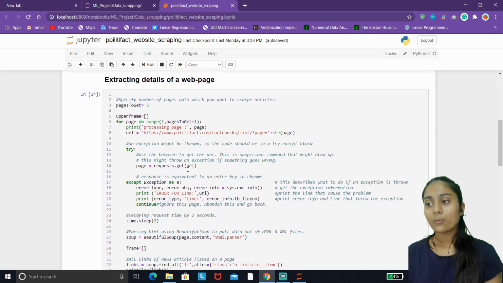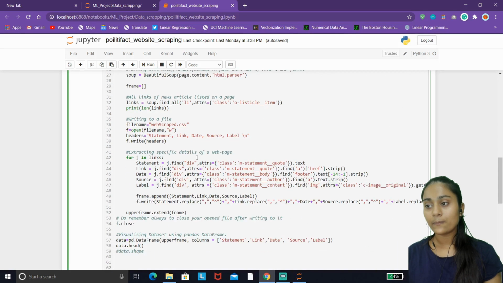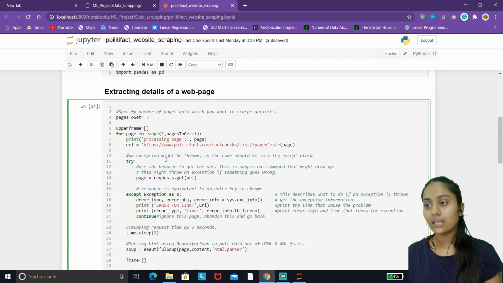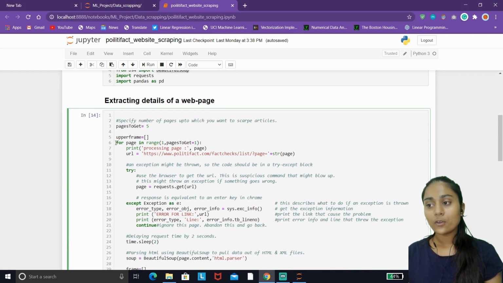Before I go in depth, first focus on these outer for loops that I have written here, this one and that one. The first outer for loop is basically iterating over pages from page 1 to the last page that we have mentioned here.